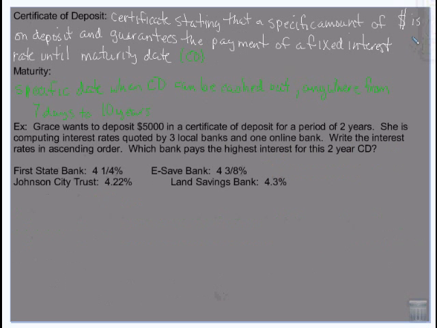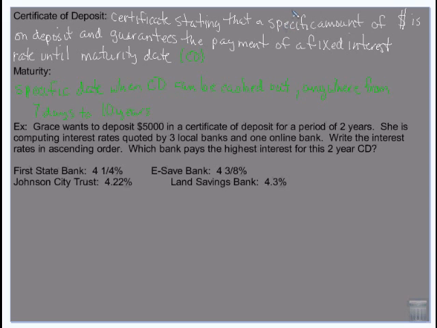Another kind of savings account is called a CD. They have a specific buy-in amount. I don't know what the smallest one that you can buy is. I haven't done that research, but I know that you can get them for like $100, $500, $1,000. They're called a certificate of deposit, but on the bank website, or if you talk to a banker, they call them CDs. Not to be confused with what music used to come on.